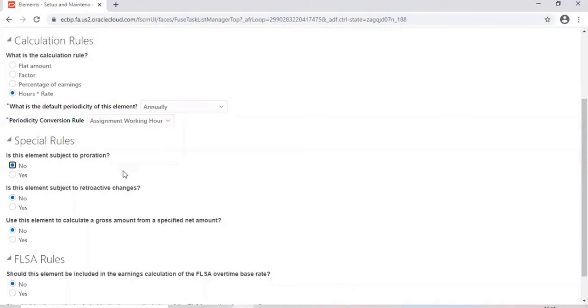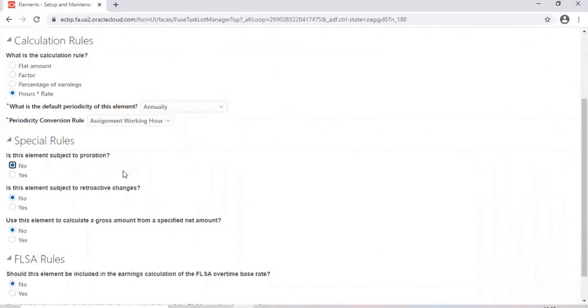Suppose I am processing my salary for March, it will always look at March 31st: what elements I have and what value each element is holding. On 31st March my element is not holding 10,000 but 20,000, because I have updated that element on 15th March, the middle of the month.